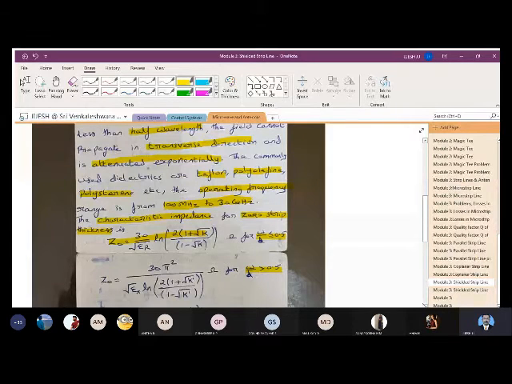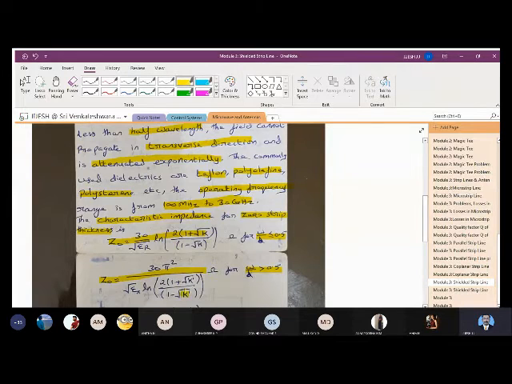Here you also have to specify that when it is less than or equal to 0.5, it is the first equation, and when the W by D ratio is greater than 0.5, you will get it as 30 pi square divided by root of epsilon r ln 2 into 1 plus root k dash divided by 1 minus root k dash. So we'll have one more equation for k dash. We'll see that equation.